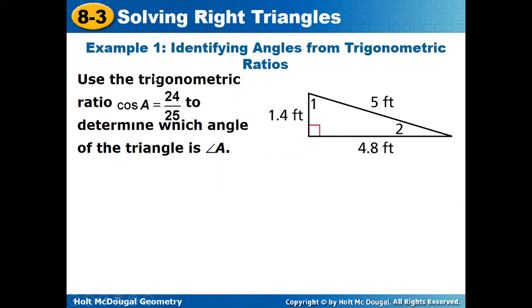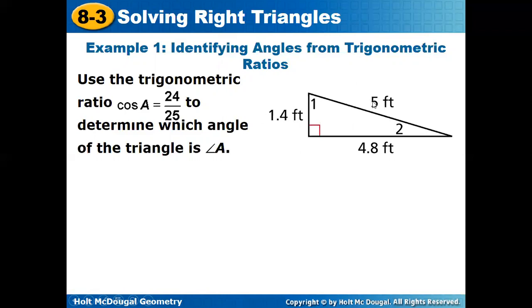Use the trigonometric ratio cosine A equals 24/25 to determine which angle of the triangle is angle A. In other words, we want to determine which of the two angles, 1 or 2, has a cosine equal to